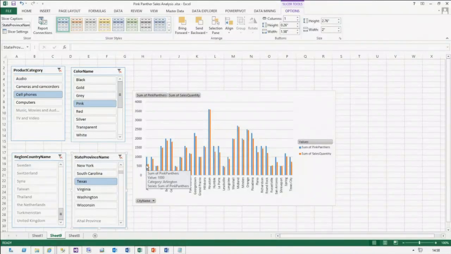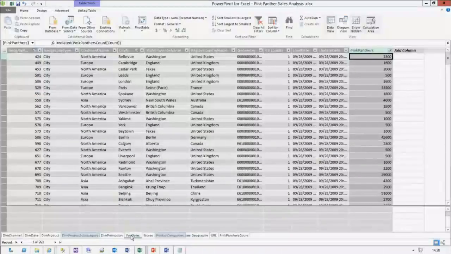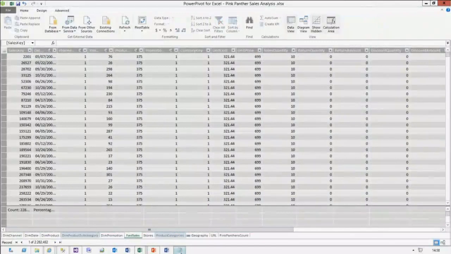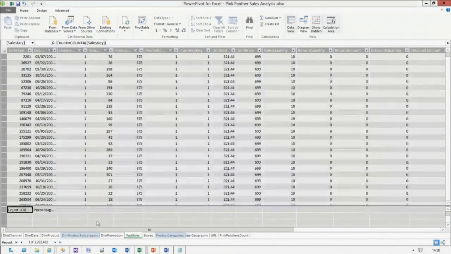And I'm very, very excited to go back to my manager and say, okay, I've found this interesting data. We can go ahead and start selling this. Now, I want to be able to give what the market capitalization opportunity is. So I'm going to make some more changes in the model. I'm going to go to the model here, switch back to fact sales, and create a measure. I've created the measure here, and I'm going to say